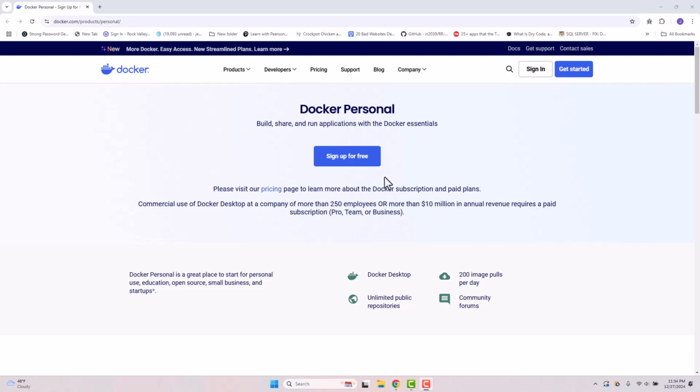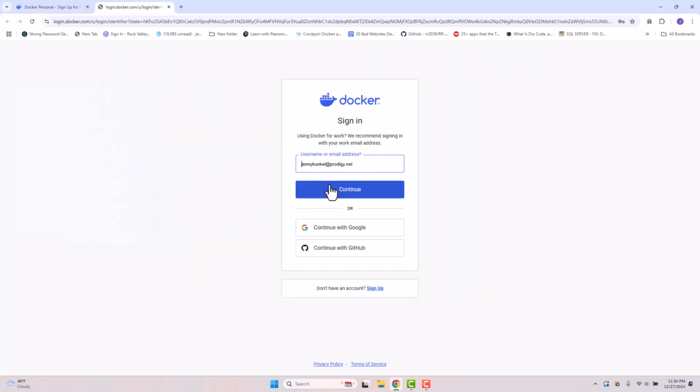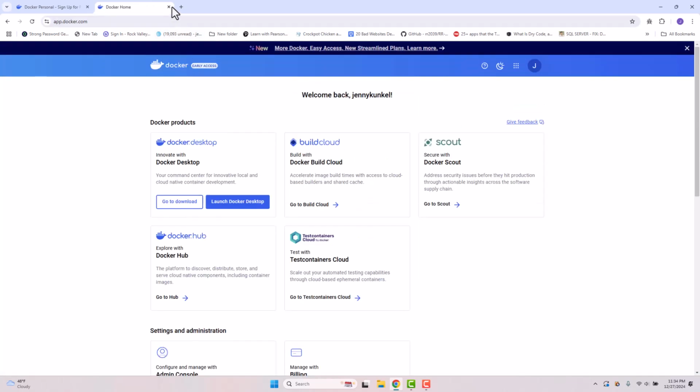Now I can sign up for a new account, and I'm going to use the sign-in option for that. You can go through the sign up for free here, but it's also available on the sign-in option. If I right-click and open in a new tab, because I want to get back to this page later on, I can go ahead and enter my username and password if I already have one, and continue. If I do not have an account, I can go through the sign-up process down below, and I would use your Rock Valley College email account to do that sign-up process. I can go ahead and hit continue, enter my password, and then I can go ahead and close out.